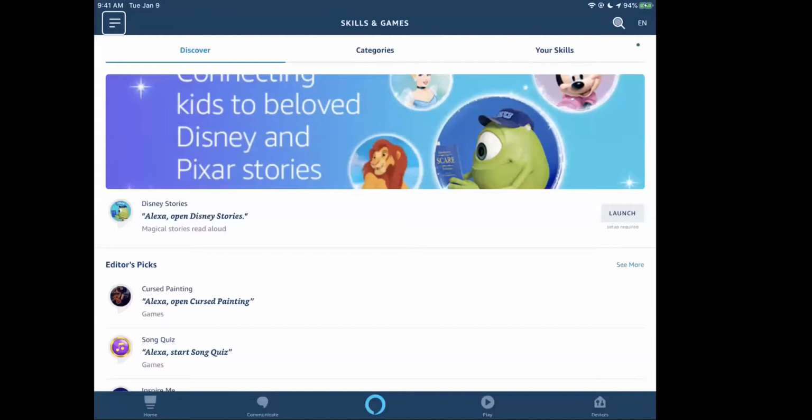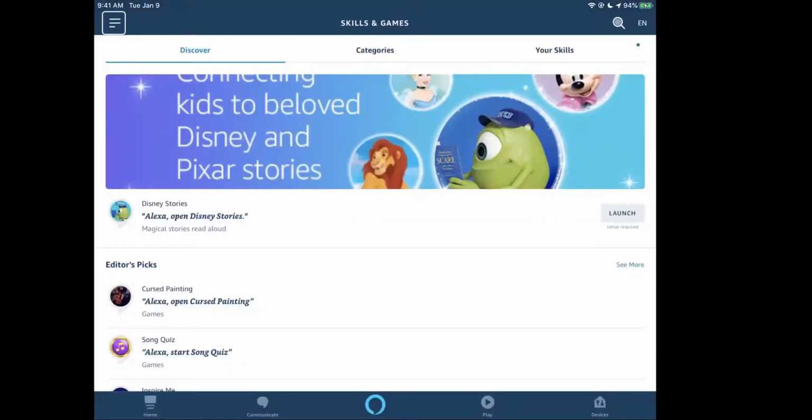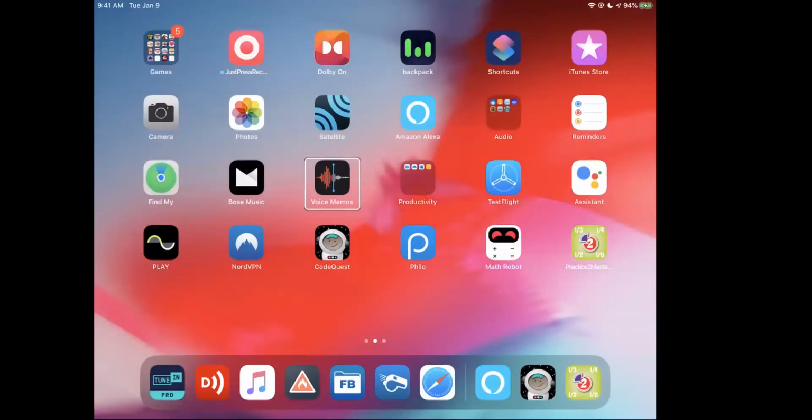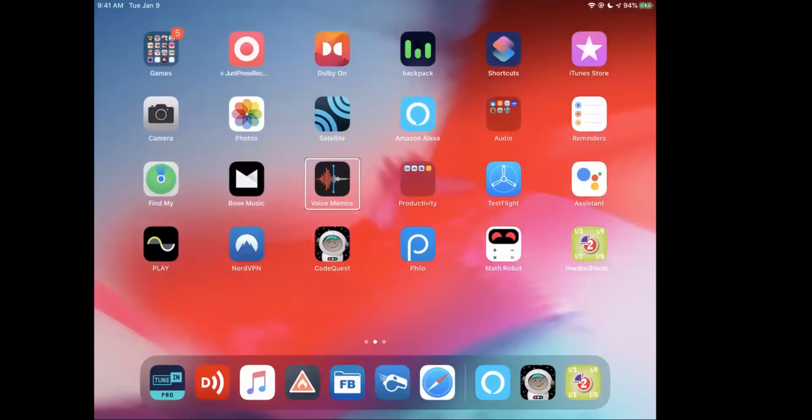So right now we are still seeing the skills and games page, and we are not hearing JAWS. Should we be hearing JAWS right now? No, you should only be hearing Alexa. Are you hearing Alexa? No. Oh, okay, that's interesting. I'm not sure why. Can you hear VoiceOver there? No. You might not have shared your sound. When you share the device, you need to share your sound as well.